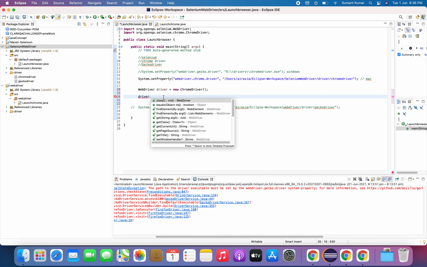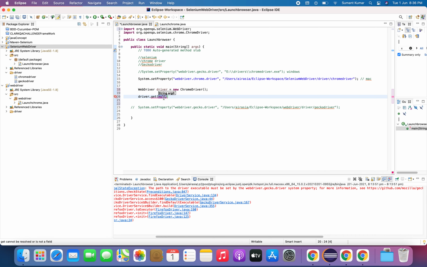So if you want to launch Flipkart or anything inside this Chrome, you have to use this get method. This get method will help you to launch Flipkart. So you have to give the URL of Flipkart here. Fine, so let's see.